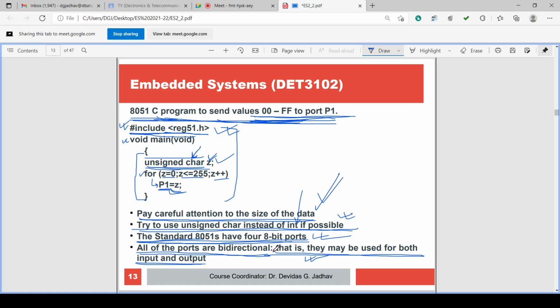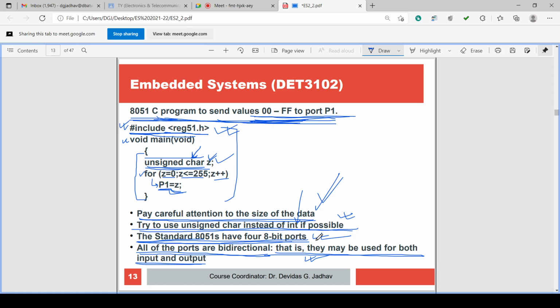Then what information have we got? We already know this information. From the 4th semester you are studying the same. 8051 has 4 ports, P0, P1, P2, P3, and all these 4 ports have 8 bits each. P0 is an 8 bit port, that means 8 pins are there, 8 bits can be there. P1 is an 8 bit port, that means 8 pins, 8 bits, isn't it? 1 pin, 1 bit, 8 pins, 8 bits.